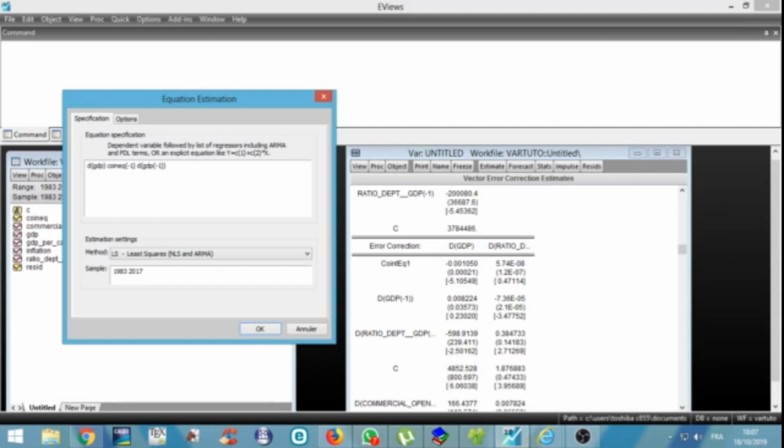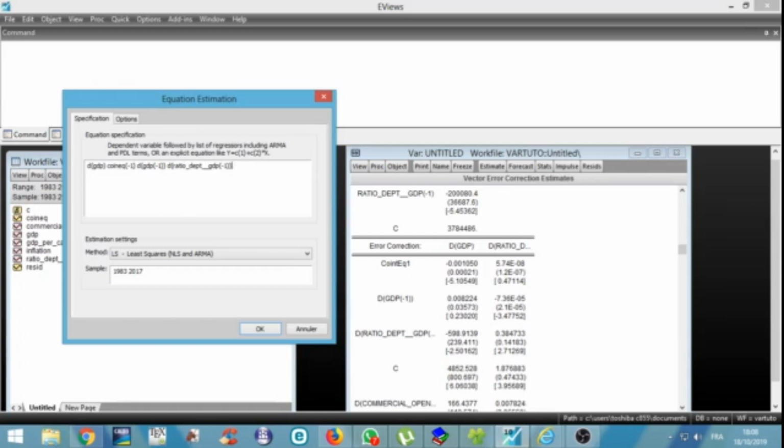The third variable is the differential of lag ratio debt over GDP. The constant